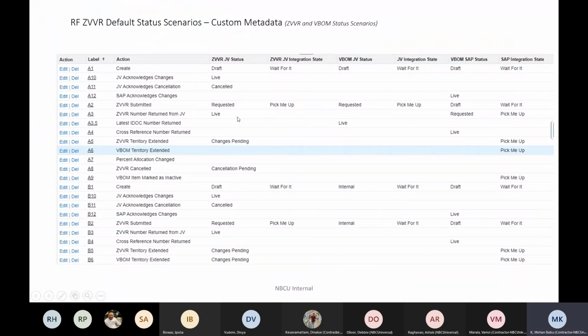I'll be showing some 3 examples, and all these activities are stored in the custom metadata. While creating, what should be the JV status, what should be the value for the integration state, and similarly the VBOM status field values. And the next scenario is where first we create, then we submit. So during submit, what has to happen, and what values should be there?